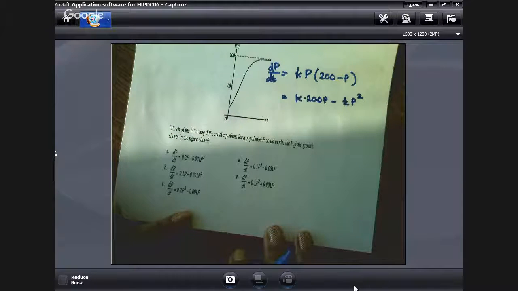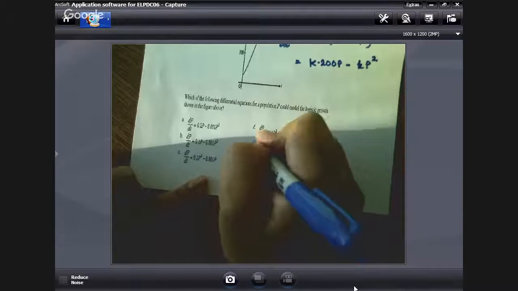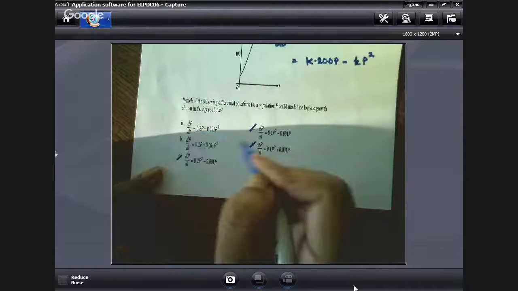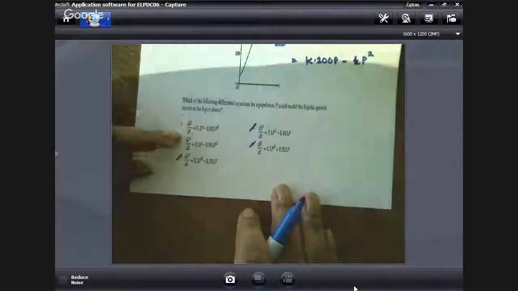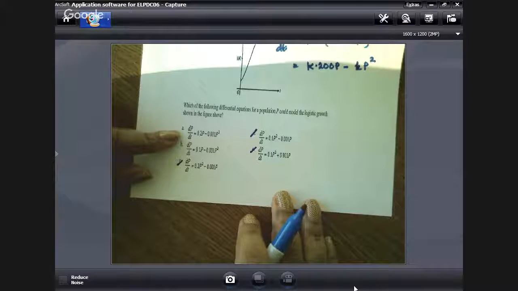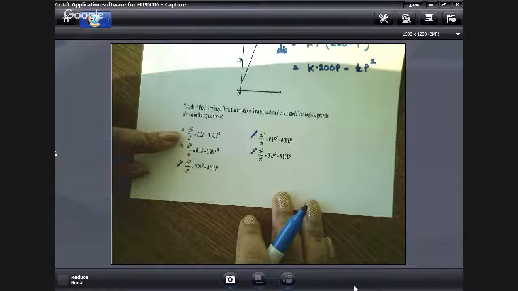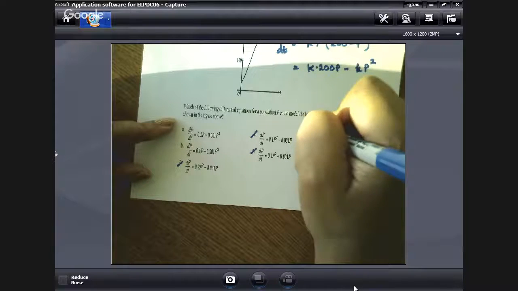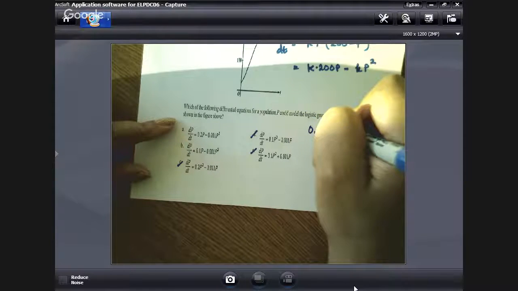So I know, for example, that it can't be E, that's not the right form, or D, that's not the right form, or C, that's not the right form. So I'm down between these two. Okay? The way I'm going to pick between the two is I'm going to plug 200 in. I actually think it's B, but I'm going to plug 200 in. Right? Because if I plug 200 in and get 0,